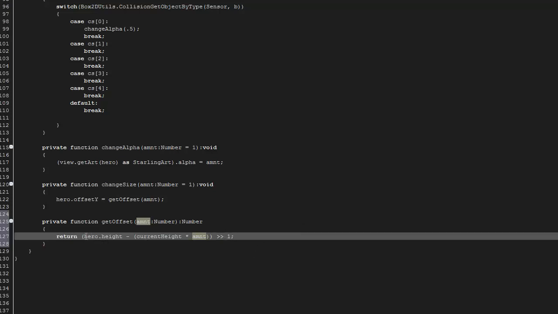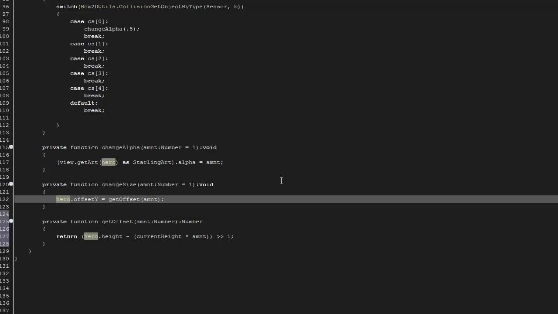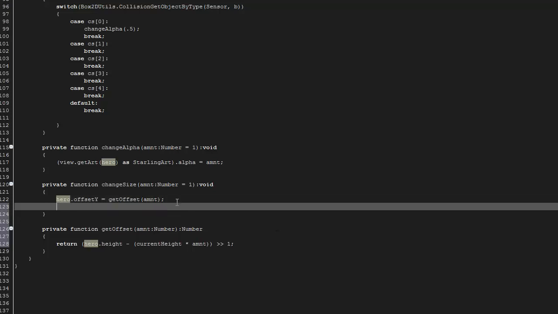So the actual height of the object is going to be: we subtract the artwork height times the amount from the actual height, and then divide that by 2, and that'll move the image basically down to the bottom of our Box2D physics object. Hopefully that makes sense. So back up here, we're changing the size. So we're going to offset the artwork, and then what we're going to do is